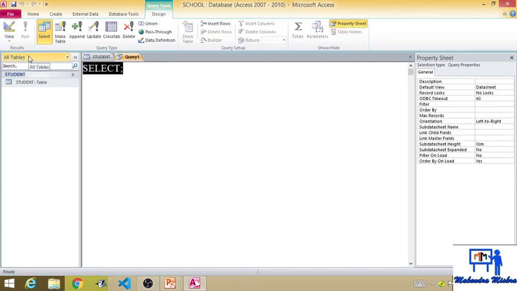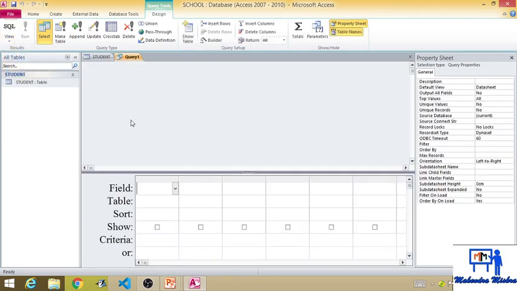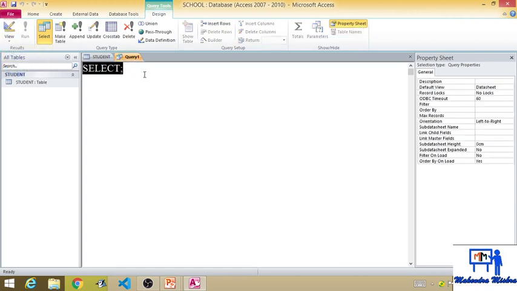If you click on SQL View, this window will come, and if you click on Design View, something else will come. So we have to click on SQL View, and whatever query we have to write goes in this window.